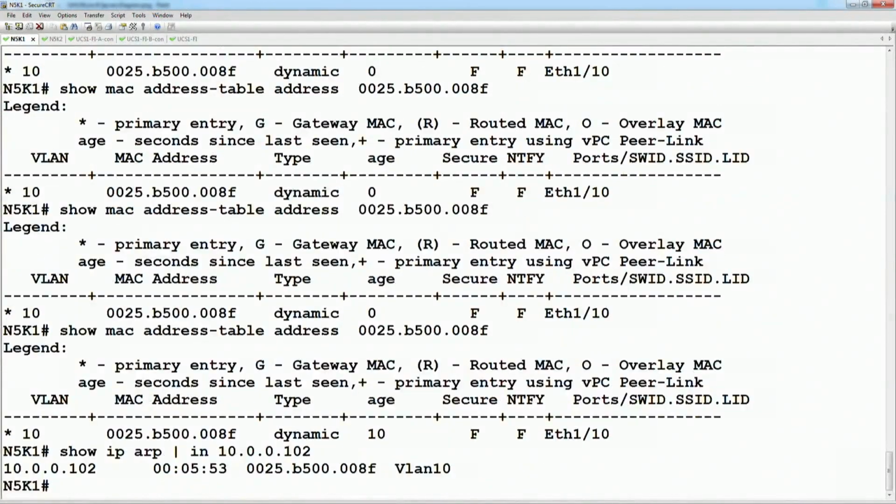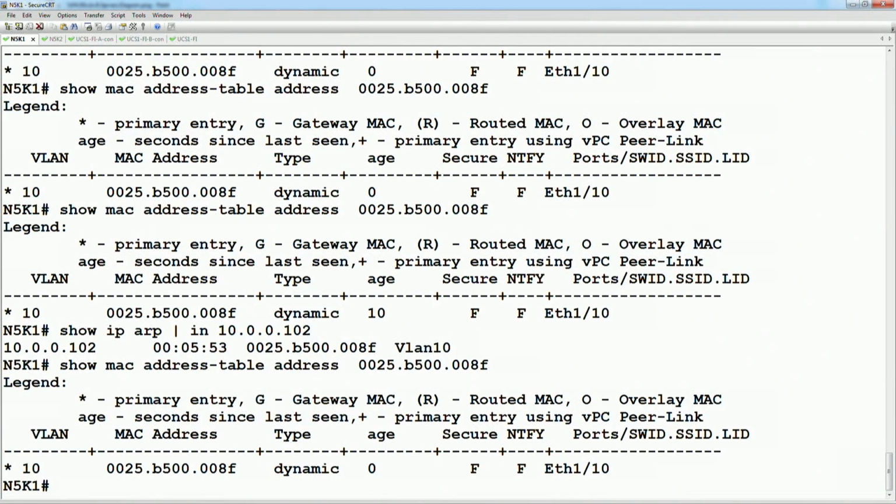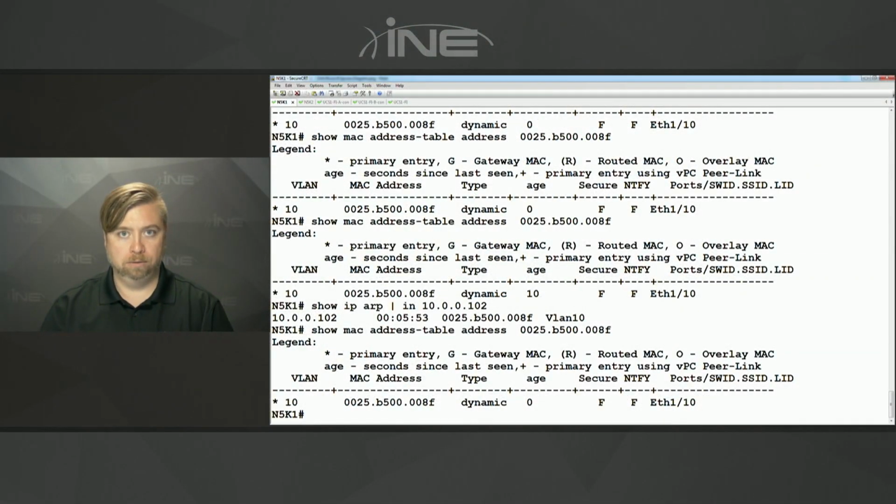The ARP cache is telling us that this is the MAC address, the 8F. We look at the MAC address for that address, and where it should be pointing is on E110. So effectively, the FI is doing static routing, but it's static routing for Ethernet switching as opposed to IP routing. So any packet that is received from the blade that comes in that VNIC, or in other words, the vETH, is statically routed upstream out port 1.4,